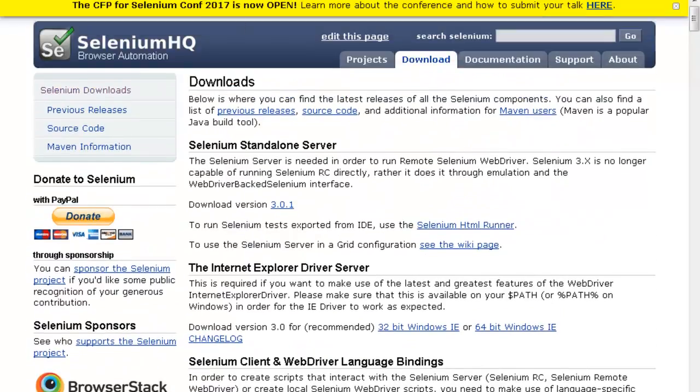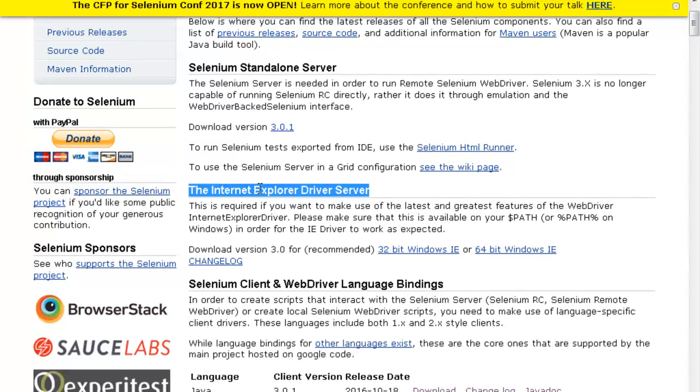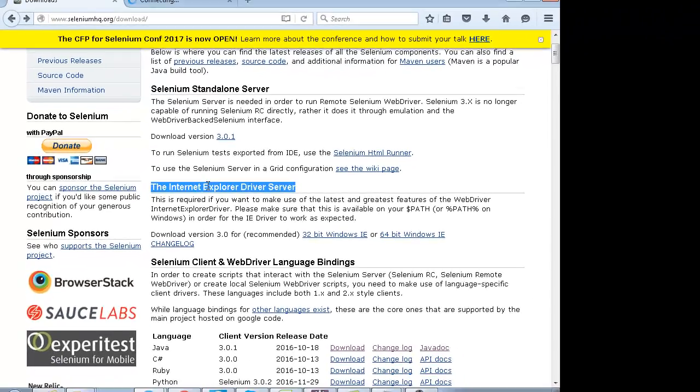Okay, go to the official website of Selenium, and under the download section, you will find this Internet Explorer driver server. I am recording the session. I'll give you the recording as well. Don't worry about how you will note everything. I am recording. You can download this from this link for your 64-bit IE or 32-bit IE. You can download, and you will get this exe file